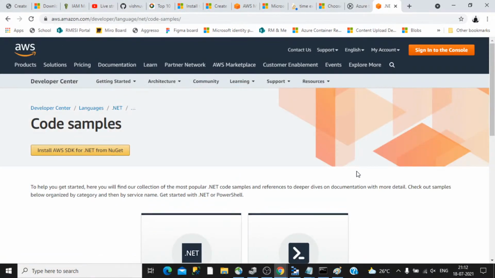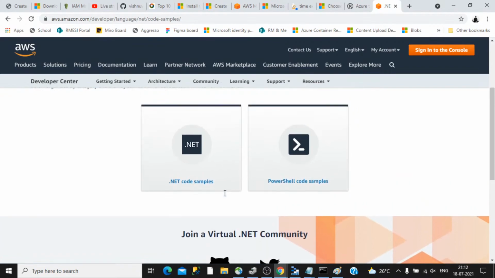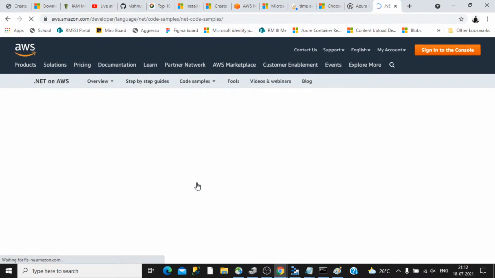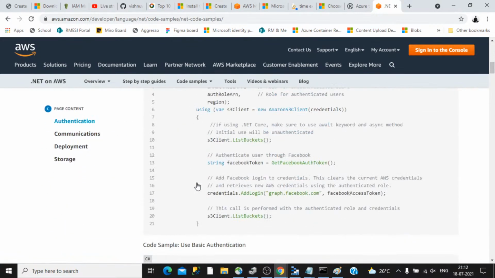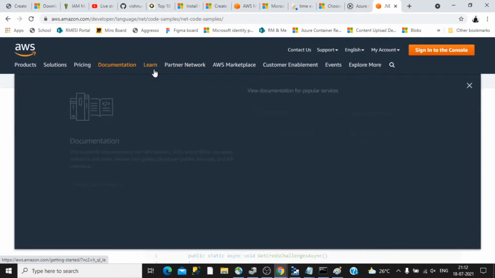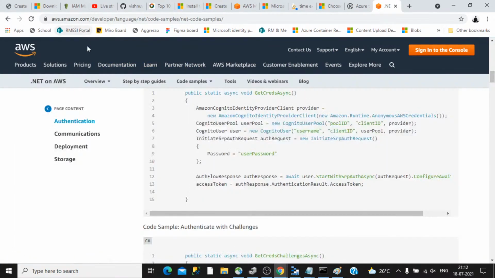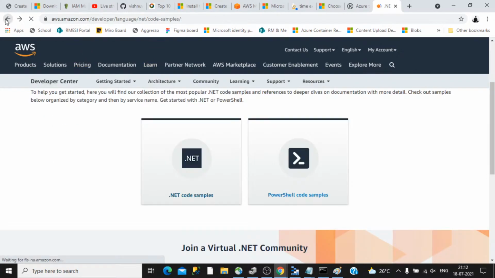There is a good set of documentation provided by Amazon, so you can use that to connect. There are also .NET code samples. Let's click on that. See, this kind of step-by-step code samples are out there. In addition to that, you can also go to learn.amazon and learn that as well.